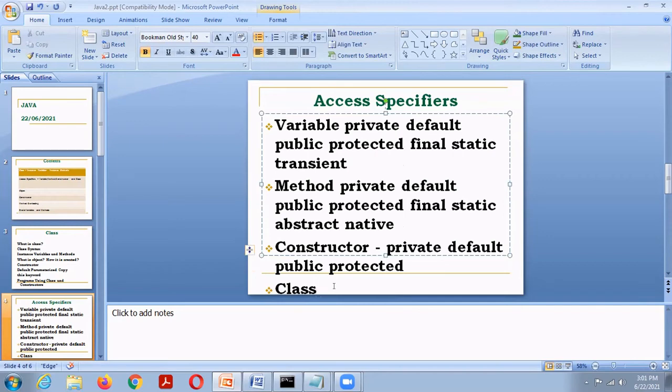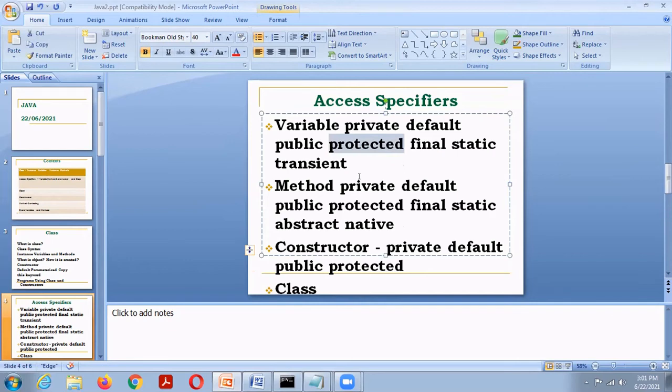A default constructor can be invoked from within a package. A public constructor can be invoked from anywhere. Protected constructor. Actually I missed protected: protected variable, protected method, protected constructor.